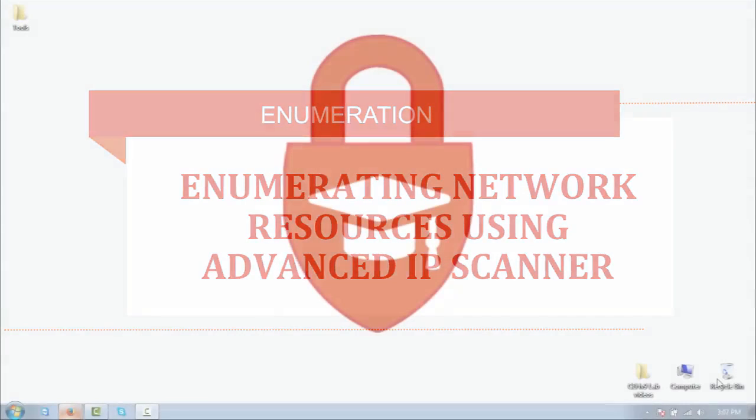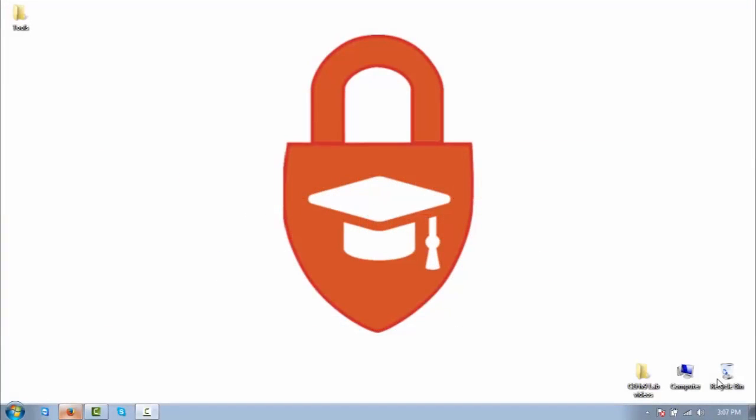As we are covering the 29th lab, we are now on the 30th. It's all about enumerating network resources by using Advanced IP Scanner. It's a small tool, right? We are going to scan a complete network. Advanced IP Scanner is a free network scanner that provides various types of information regarding the local network computers. We are talking about a LAN over here, so we can scan the LAN systems. The complete networking detail we can get in a LAN,